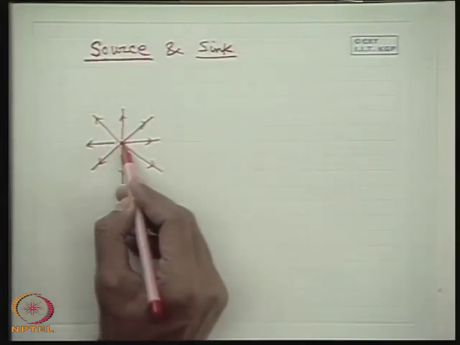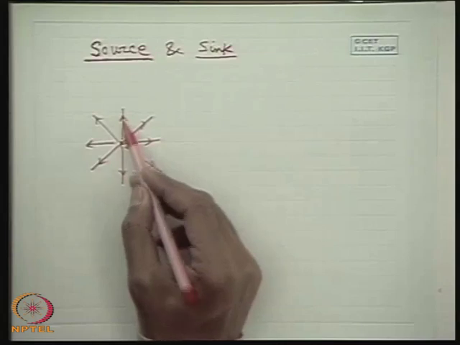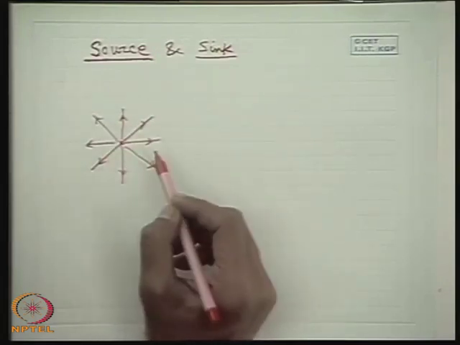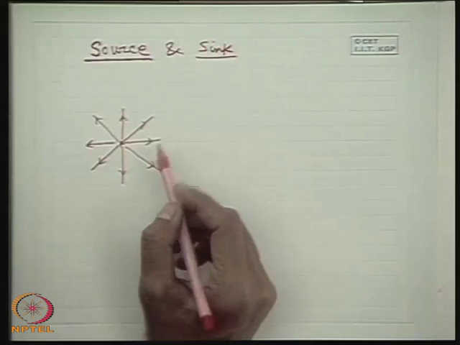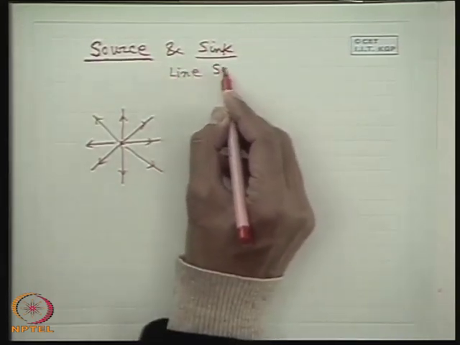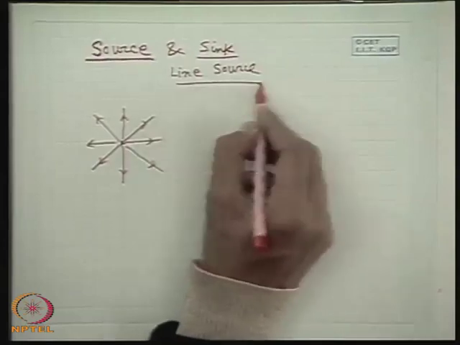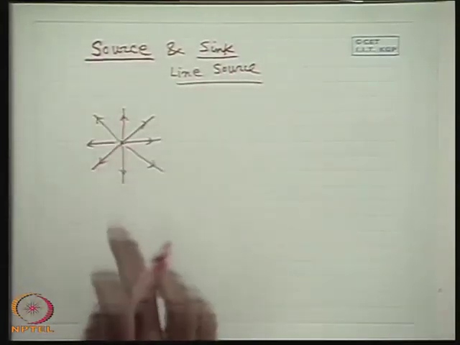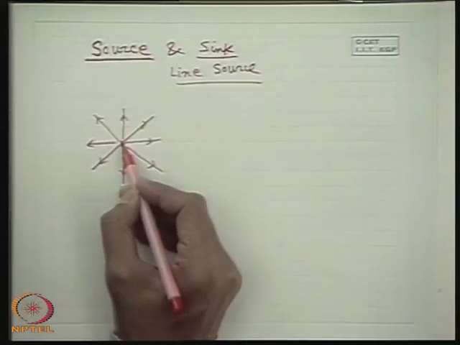This is the concept of source, wherefrom the fluid is emanating in all radial directions uniformly. In a two-dimensional plane it is a line source. That means it is a line perpendicular to the plane of the figure, which is seen as a point in a